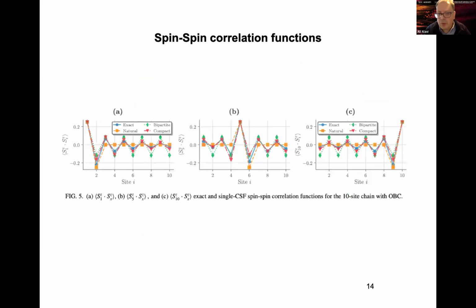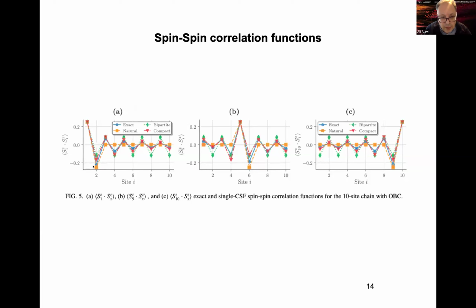Okay, now you might ask, well, what is actually the physics behind this? Why does this actually work? Essentially, this reordering trick is enabling us to introduce spin-spin correlations between distant pairs of electrons in such a way as to mimic the exact spin-spin correlation. And so that's shown here,